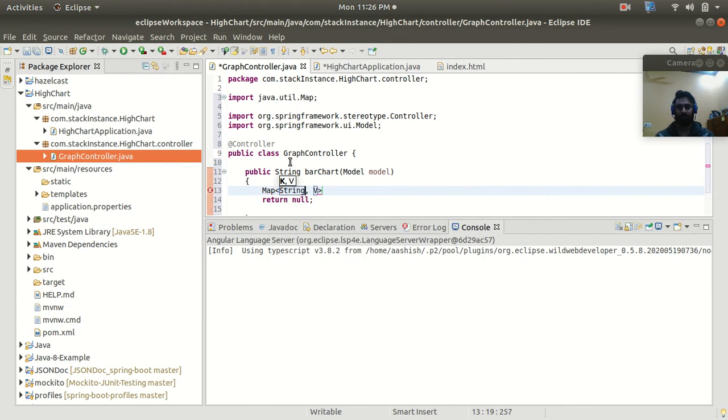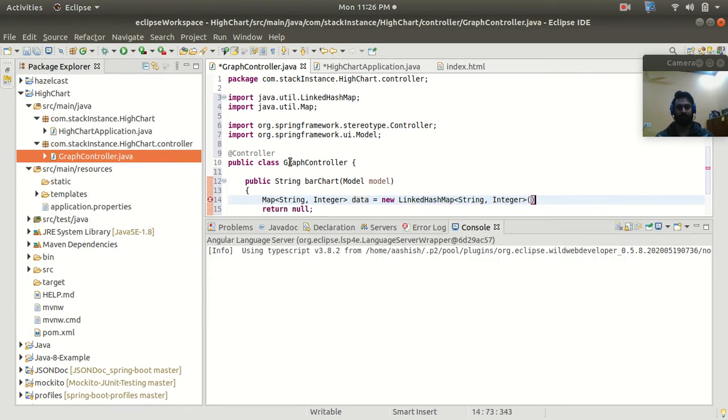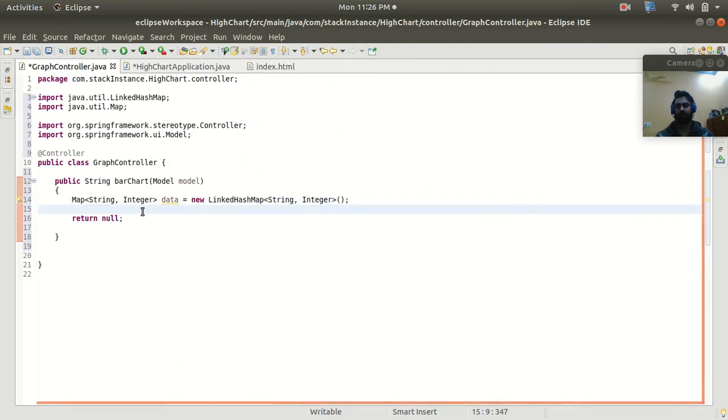This will be the String type, and I'm going to keep the value as Integer type. So data equals new LinkedHashMap.